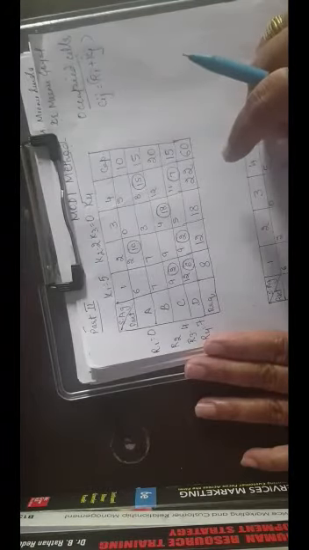Now for this, what else? Just see which value is left. From this value of R4, we can derive the value for K4. R4 will be 7 plus 4 will be equal to 11. And from this we can derive the value for R2. 4 plus 4 will be equal to 8.